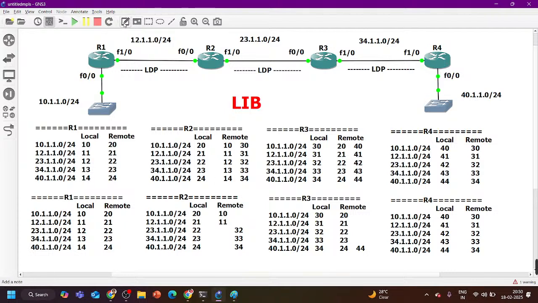For example, there is one user whose IP address is 10.1.1.1 who is going to ping 40.1.1.1. That will forward traffic to router number 1. Router 1 will check the destination IP address because this is a normal IPv4 packet, right? Not a labeled packet. So the router will check the FIB table, or you can say the routing table. In the routing table, it will find the exit interface, F1/0, and once the router sees MPLS is enabled on F1/0,